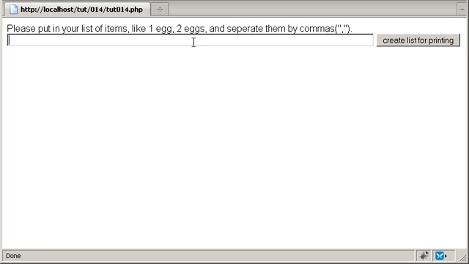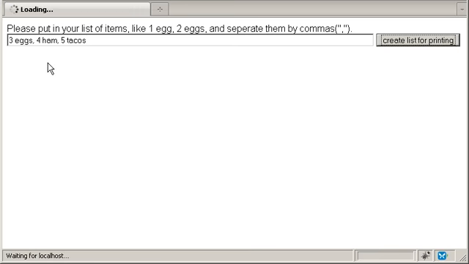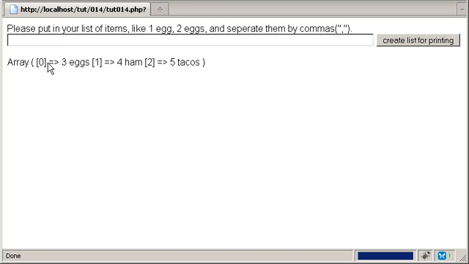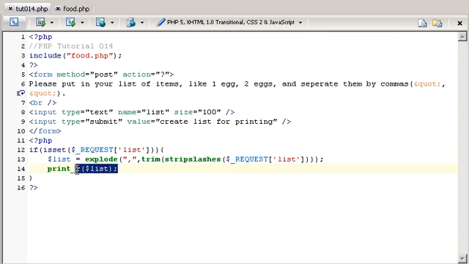Now I could say 3 eggs, 4 ham, and 5 tacos. Of course, I'm not processing this list yet, but I'm just showing you that I'm converting it to an array. Now, as you can see, 3 eggs, 4 ham, 5 tacos. Now that I have a list, I want to go through